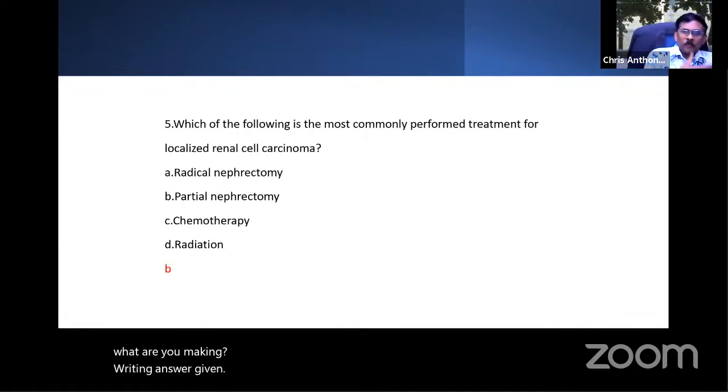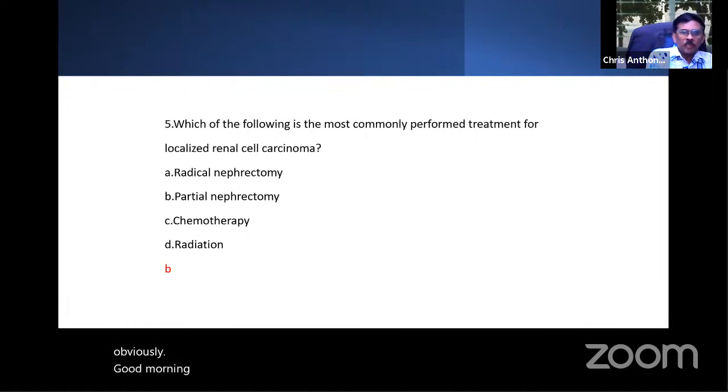When I used to do urological surgery in those days, we did radical nephrectomy. No question asked. There was no question of partial nephrectomy, because partial nephrectomy has some technical problems. Because you remove part of the kidney, you want to know the demarcation. And then you have to cool the kidney to prevent it from becoming ischemic. You must understand, the kidney is the most sensitive organ to ischemia. So you have to clamp the arteries individually. So all this is technically more demanding.